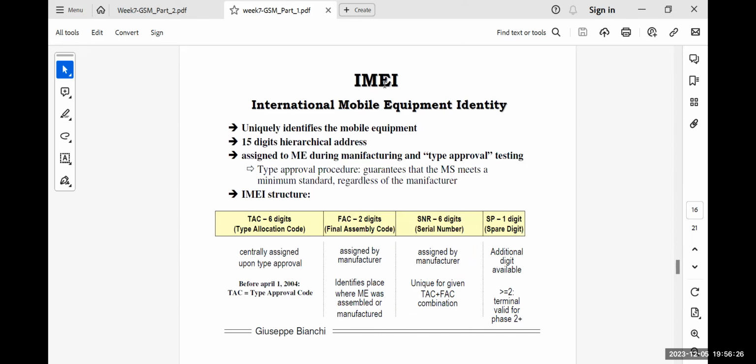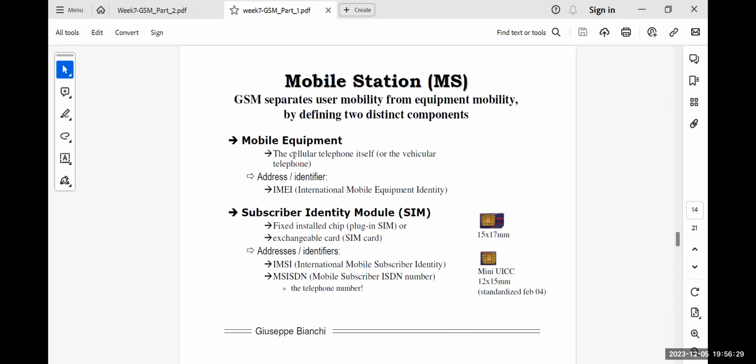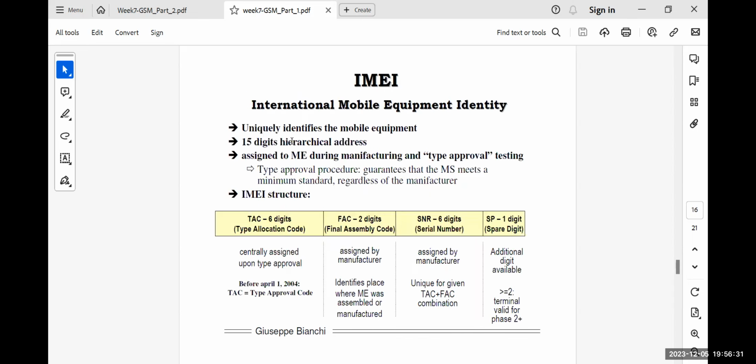Okay, we talked about the IMEI number over here that is related to your mobile equipment. That uniquely identifies your mobile equipment. That is usually a 15-digit hierarchical address. And this is assigned to the mobile equipment during the manufacturing and type approval testing. So that is the time when that IMEI number is associated or given to your mobile phone, and that is